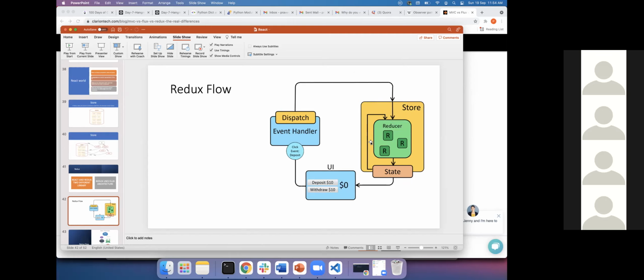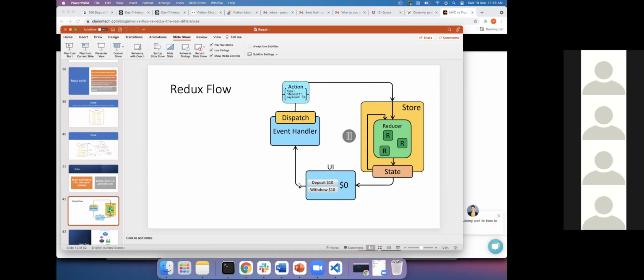Okay, and there are a few principles you have to follow. You should not modify your store, like you should not mutate it. You understood what mutation is, right? You can't change it. Either you can merge on top of it, I mean, you can return a new object as a whole altogether. You should not change the old one. I'll tell you why, I'll tell you how at all.